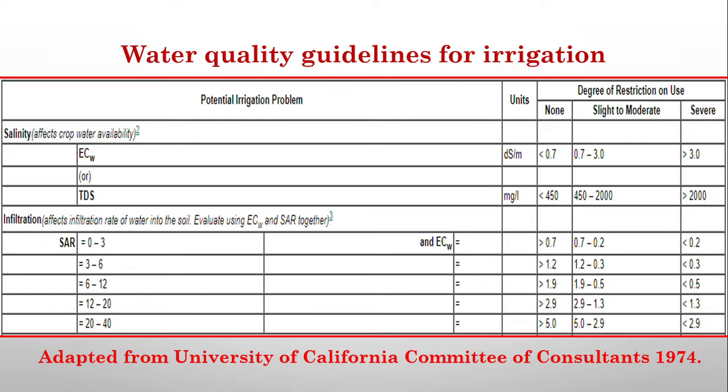So after irrigation, when SAR and EC are higher, infiltration will be very much lesser. According to these two parameters, when SAR is below 3, EC should be greater than 0.7. Then only that water can be directly used. When it is between 3 to 6, EC should be greater than 1.2. Then only we can use that kind of water. EC is expressed in deci-Siemens per meter, and SAR is a unitless quantity. So these are the combinations of SAR and ECw we have to use for irrigation water.